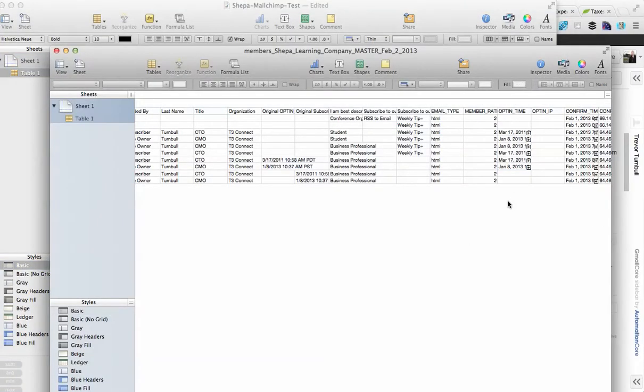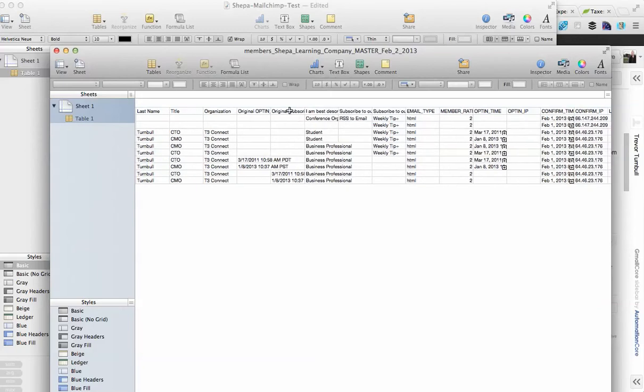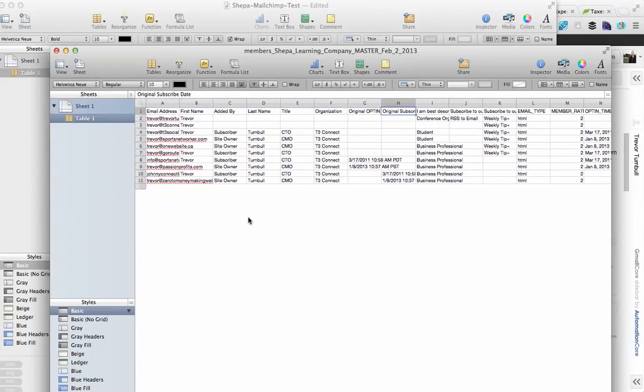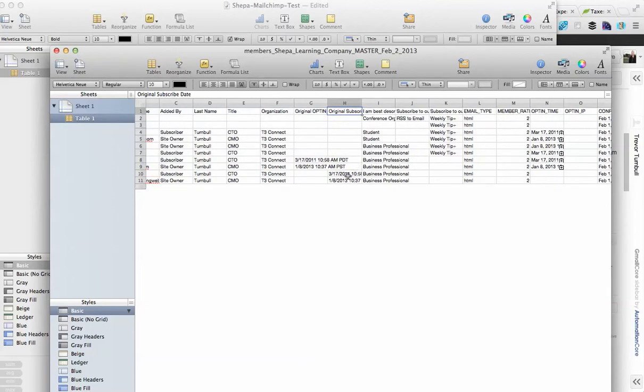Now, when I went through and I actually recorded that one, I recorded original subscribe date as a text field. So you can see here, this is the most recent export of all of my contacts that are in Mailchimp, and these last 2 here have this date on it still, so I could still sort my information based on this, because this is what we're trying to accomplish. I want to make sure that I can keep the original subscription date in the record so that we can sort through it and see who signed up from January 2010 to January 2011, and then be able to